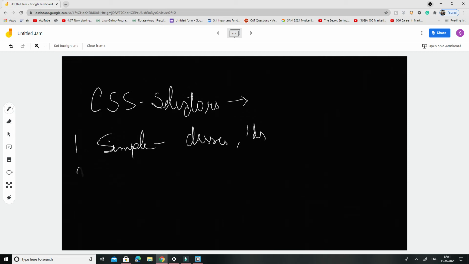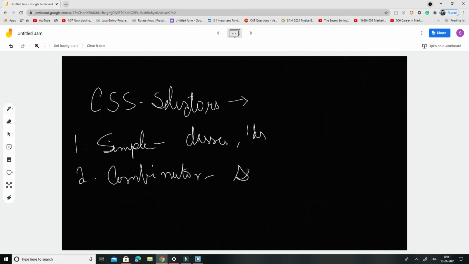Then is the combinator selector. What is a combinator selector? A combinator selector is a selector which selects elements based on a specific relation between them.